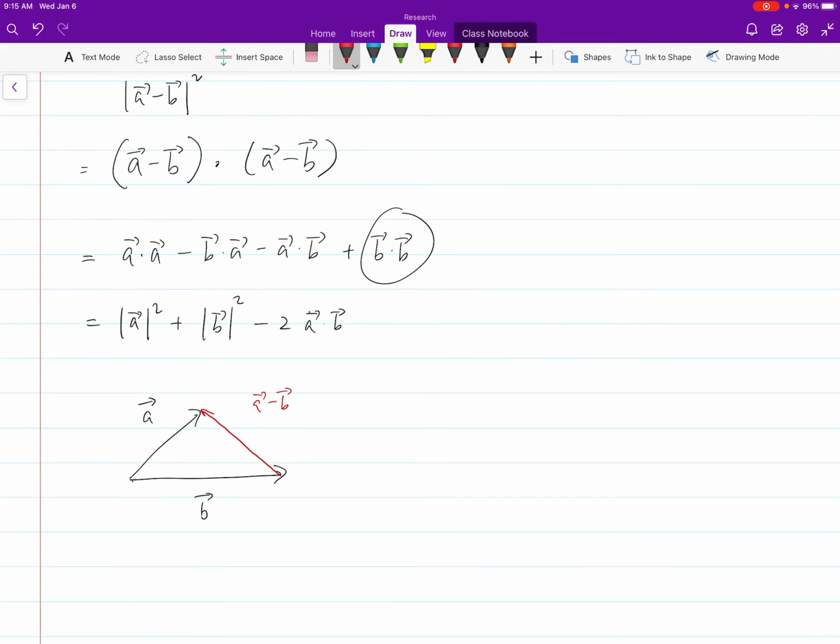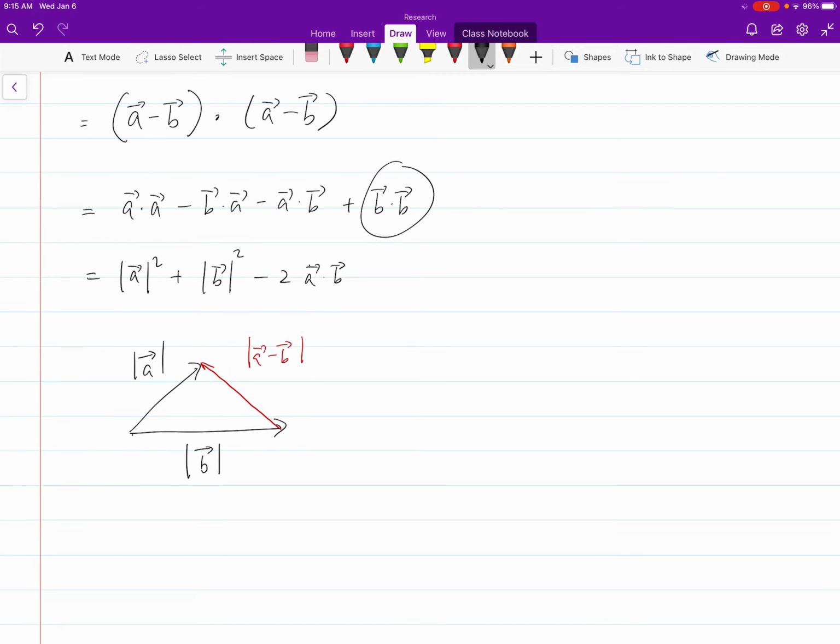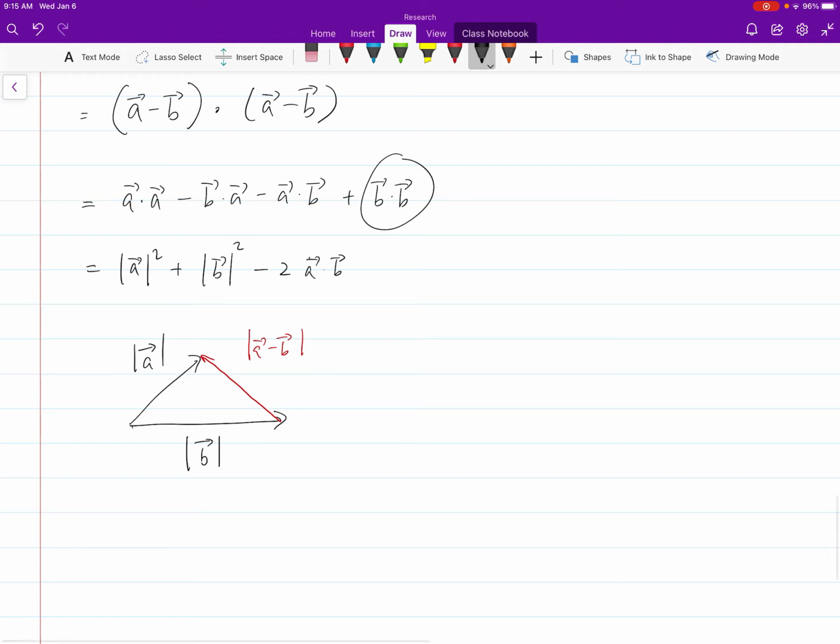Now, if we don't worry about vectors, we only look at the length of the vector, which is the magnitude. Can you realize this is nothing but solving a triangle? You have 3 sides. Every single thing here is not a vector anymore. It's a number representing the sides. Therefore, you can have a certain relationship between these 3 sides. That is